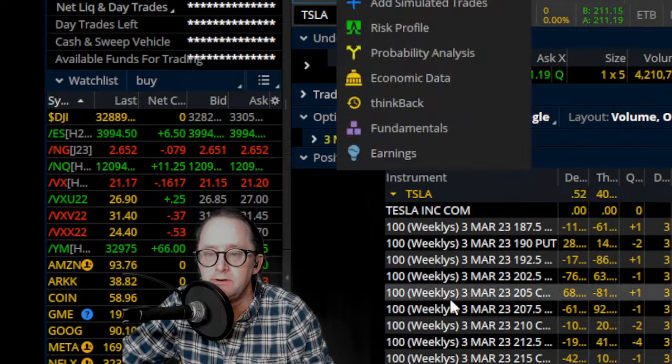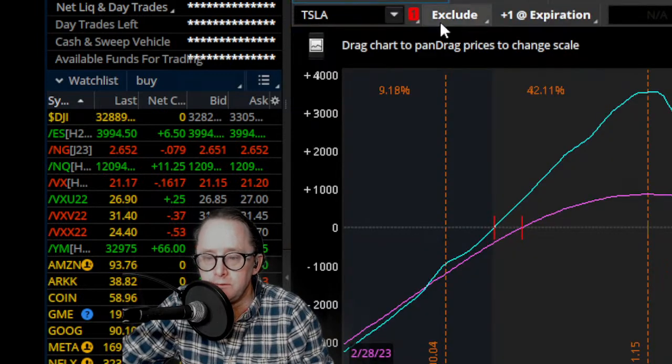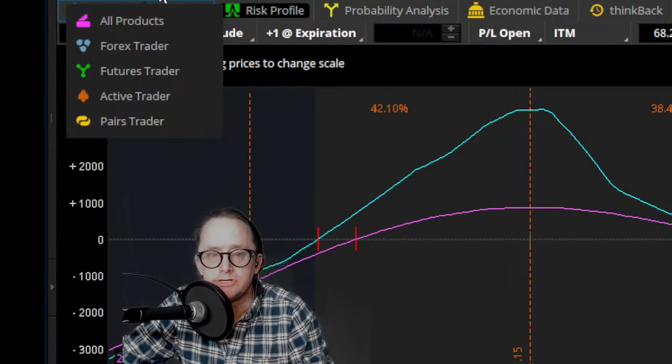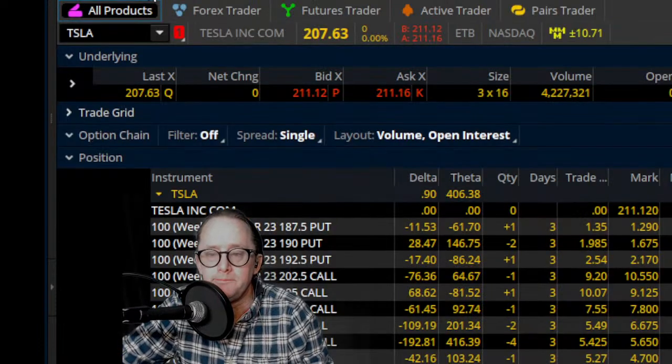My strategy here has been to try to keep my deltas close to flat so that I can collect the theta every day. You can see the theta number here is $400 a day. So if I can keep my deltas somewhat near flat, then I'll collect that 400 every day. I was leaning long yesterday, and that sort of worked out, but I'm not going to be lucky all the time. If we do go back to a chart here, let's go back to a